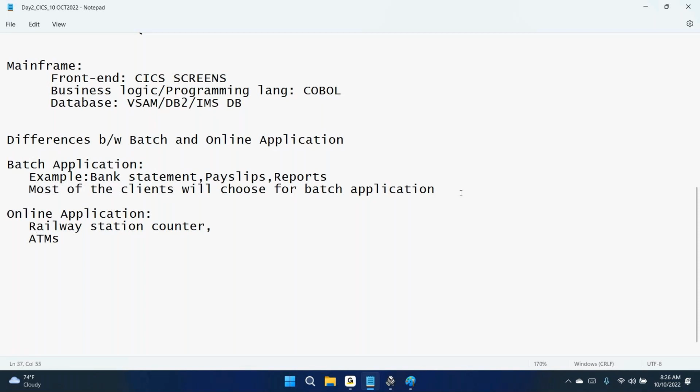Any queries so far? Right. So in batch application,